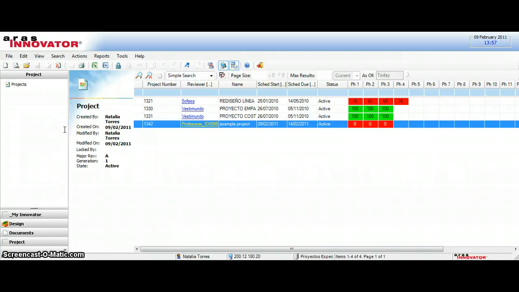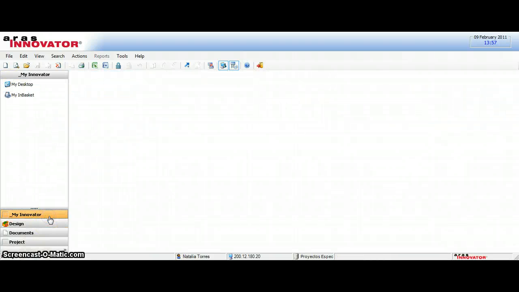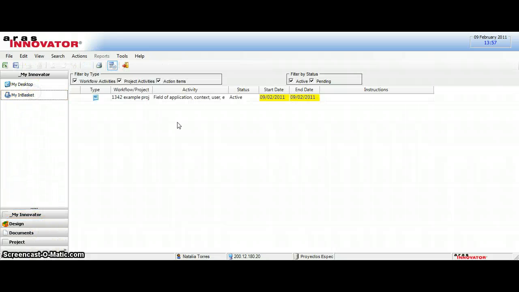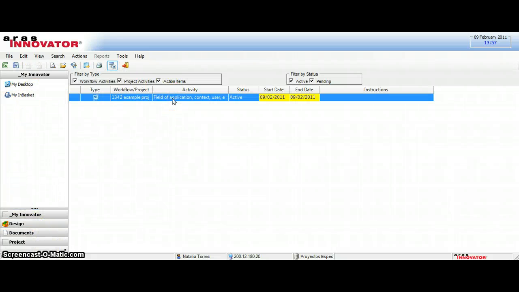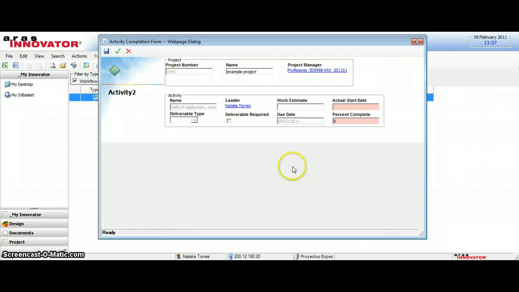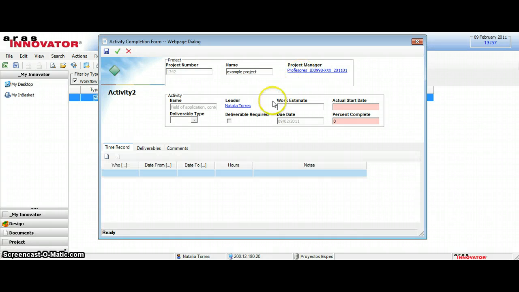Okay, next I want to check. I had an activity assigned, so I will go to my Innovator in basket and here is an activity that was assigned to me through this project. So I'm going to double click it. The activity pops up. Here it says the project it's part of and the name of the activity also appears here. So the first thing I might want to do is